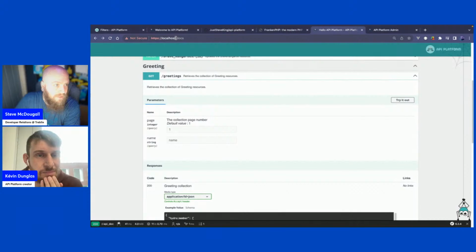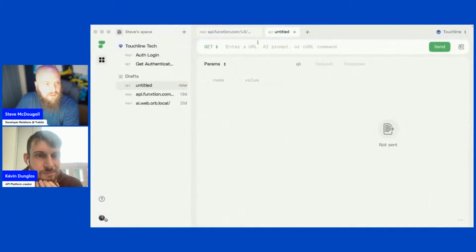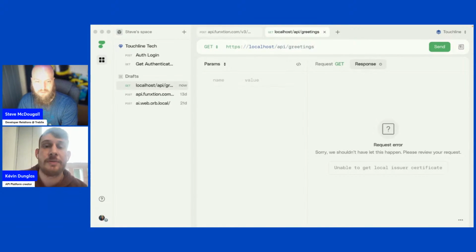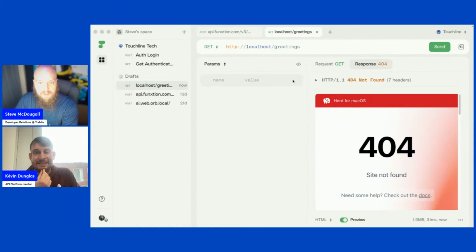So I'm assuming that is just /API. By default, it's at the root. There is no /API. It's just /greetings. Okay, so this isn't working for that. Does it respond on HTTP?